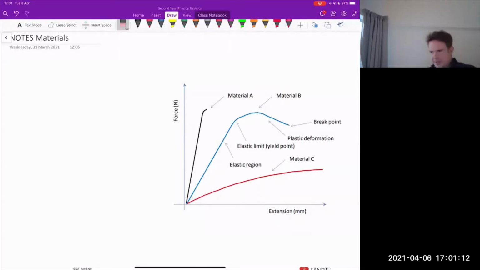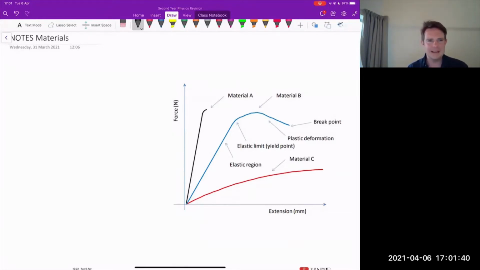Okay, so materials is actually, compared to some of the other areas, relatively short. So let me summarize the main points, and then I can answer any questions that you have. So at A-level, what we're mainly involved with is considering what happens when we apply a force to a material,